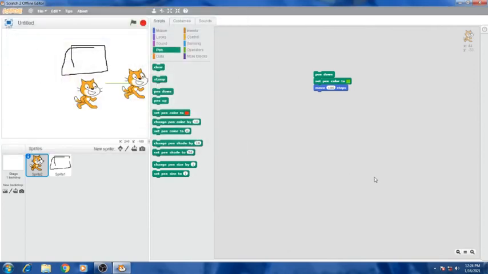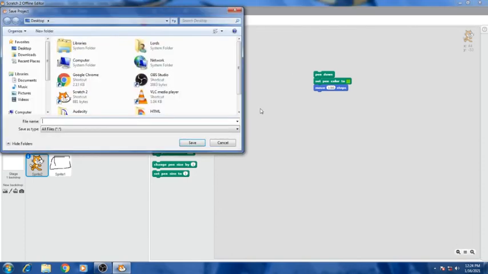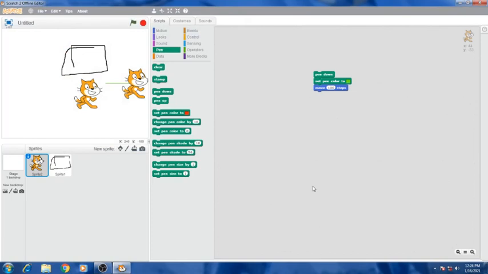Okay, got it. Then saving a Scratch project, simple thing only. From the file menu, click the save option, then a dialog box will appear, specify the file name, then click the save button. Simple thing only, you all know how to save a particular file. Next one, opening an existing file. We already created one file, and if you want to open it, in the same way from the file menu you can see the open option, then open project.